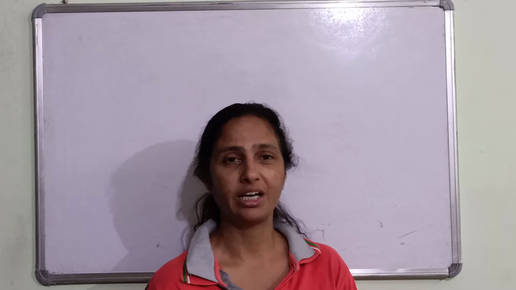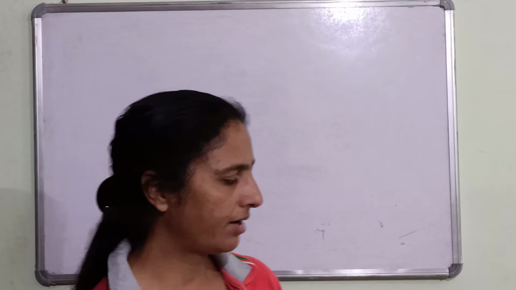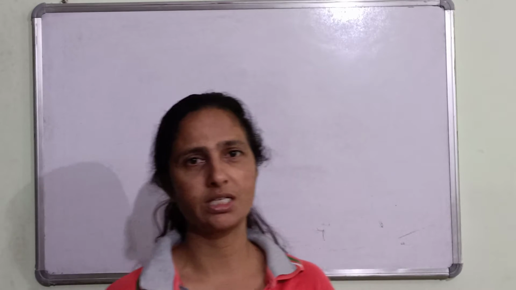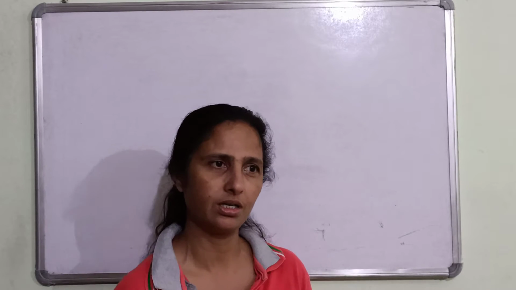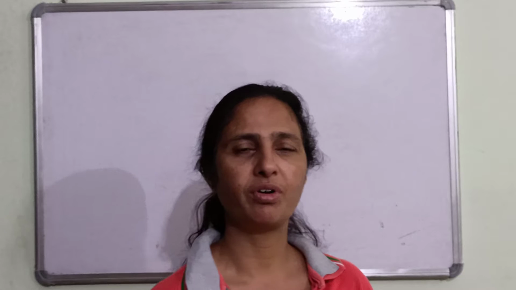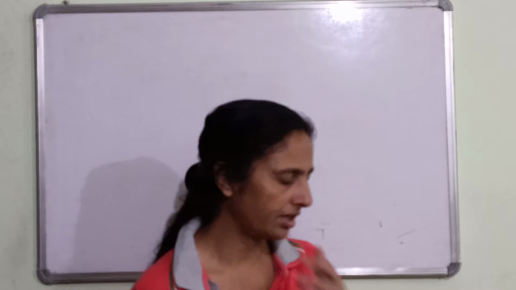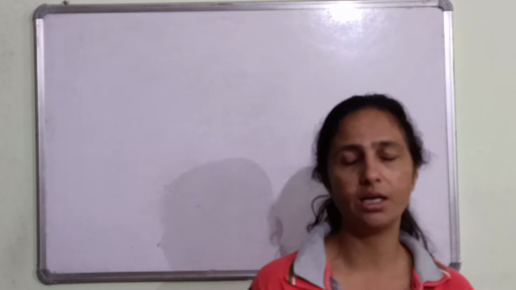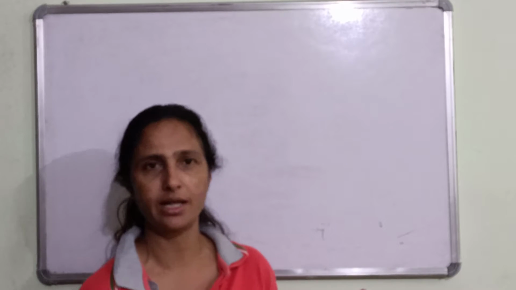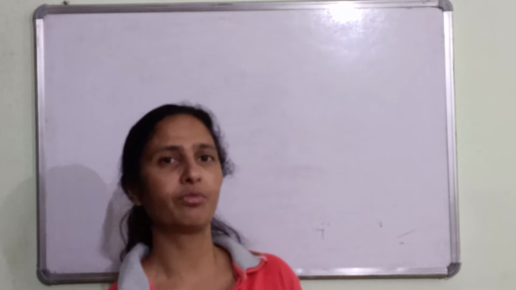As you all know, we have started chapter 5, that is arithmetic progression. I have already uploaded the exercise 5.1 videos and concepts. Today, following yesterday, where we covered what an AP is and how we can find the nth term or general term.